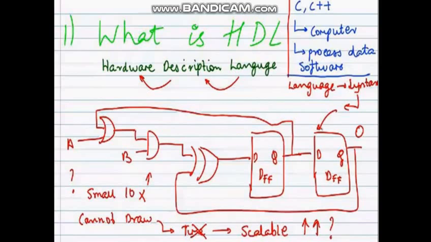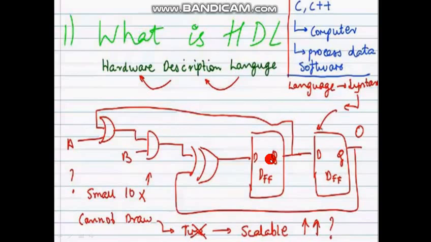Now here, if you observe, there are two AND gates, one XOR gate, and two D flip flops used. Two inputs are applied, A and B, and one output is taken, that is O. Now if we have to describe that particular design or hardware, for that purpose I want to write a program. That program is called a hardware description language program, because here I describe this particular hardware: two AND gates, one XOR gate, two D flip flops, in this way.